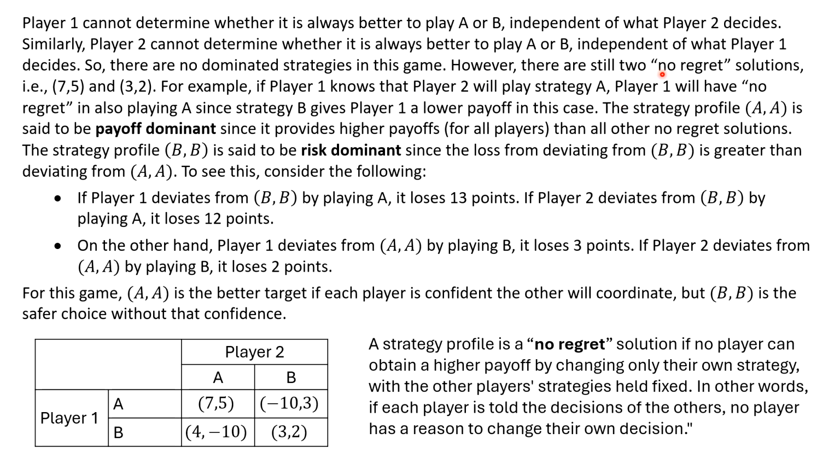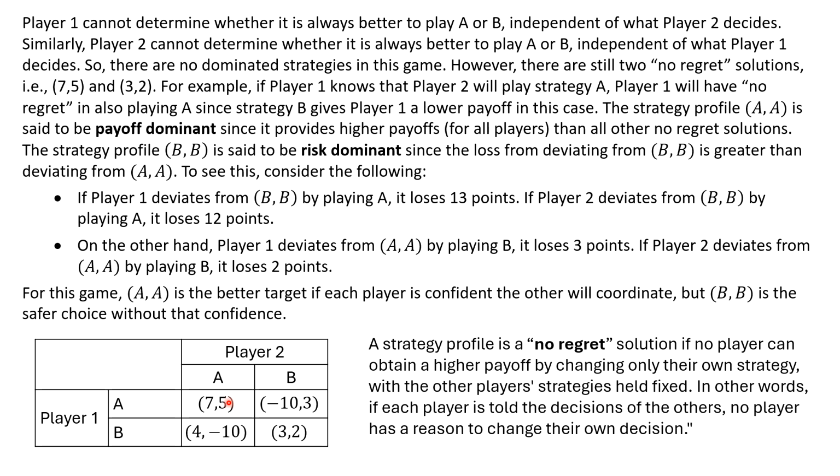However, there are still two no regret solutions, 7-5 and 3-2, these two here. And just to remind you, we did talk about this on the last lesson, but I'll repeat the definition here. A strategy profile is a no regret solution if no player can obtain a higher payoff by changing only their strategy while the other players' strategies are held fixed. So you can see here,